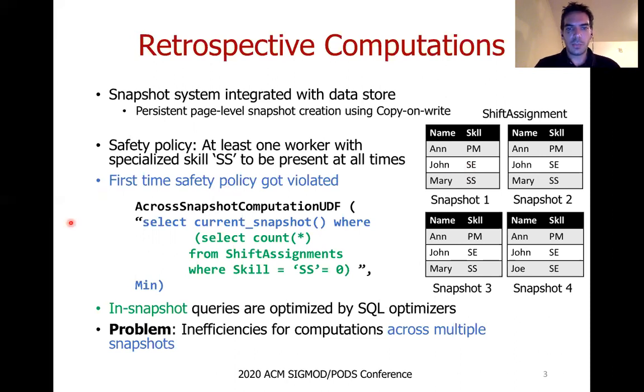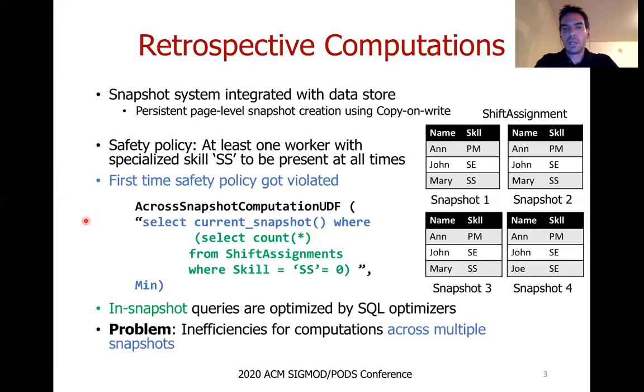Now, here is how we can express such a retrospective computation using a language we have developed in an earlier work. The highlighted query in green will run on each snapshot separately, performing an in-snapshot computation, which returns the snapshot ID if the policy was violated. In addition to that, a cross-snapshot computation, the one highlighted in blue, will perform the min aggregate function on the snapshot timestamps or the IDs in order to calculate the final result, which is the first time the policy was